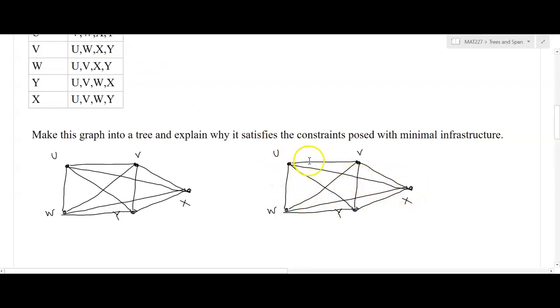I could actually take that edge and remove it, and I can still send signals over to X via a number of different paths. Similarly, U and Y are connected directly, but I don't need that direct connection. I can connect U to W to Y. So I can remove that one. And in fact, if I also remove this one here, you see that it's still possible to have a line